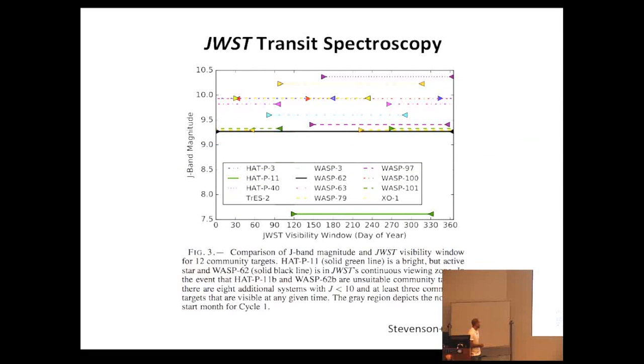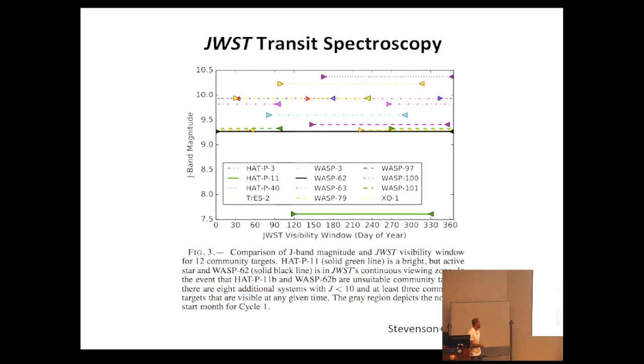So Kevin has done a study of what the best planets to look at are. And he's done this in terms of JWST's visibility during the year. We have an expectation for when JWST will launch, but that's 2 years from now. Things will move around. It'll probably be later than earlier. And so we want to be able to do these observations as soon as possible when JWST is up there and operational. And so it actually becomes a question of months whether you've picked a certain target for these